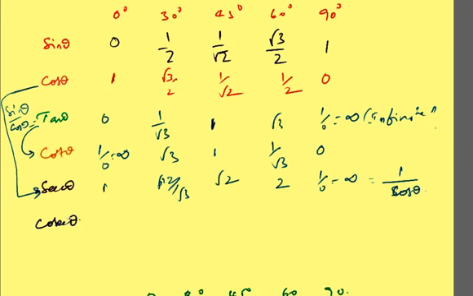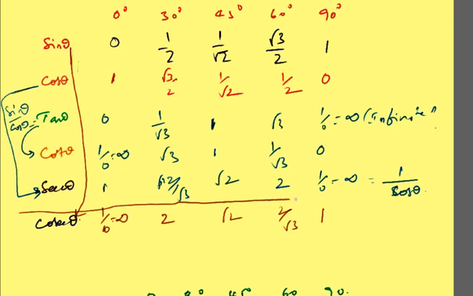In the same way, cosecant is the reciprocal of sin, so try to remember the reciprocal of that thing. I will interrelate this in this way. The first step will be 1 by 0, that is nothing but infinite. 1 by 2 will become 2, and 1 by root 2 will become root 2, and root 3 by 2 will become 2 by root 3, and this will become 1, friends. So this is how you find the values, and you can remember the values of each and everything.